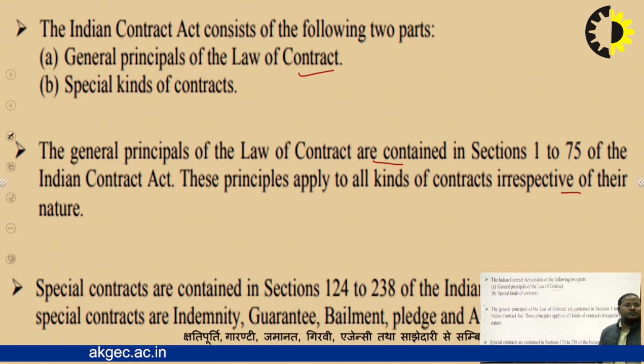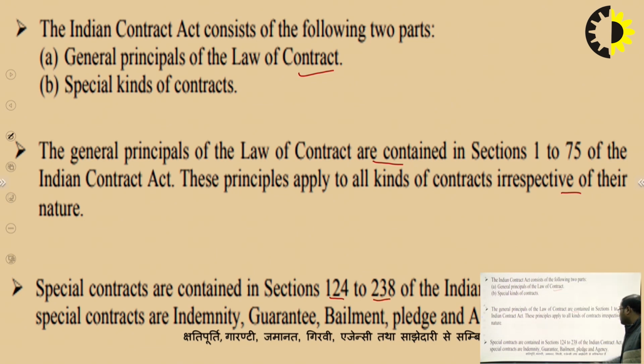The second category is special kinds of contracts. Special contracts are contained in sections 124 to 238 of the Indian Contract Act. These special contracts are indemnity, guarantee, bailment, pledge and agency. In Hindi, it will be applicable for क्षति, अगर कोई क्षतिपूर्ति हो जाती है, गारंटी देने के लिए जमानत या गिरवी, एजेंसी तथा साझेदारी से संबंधित है।